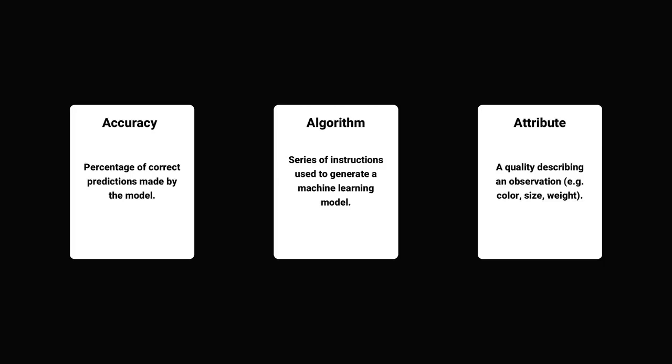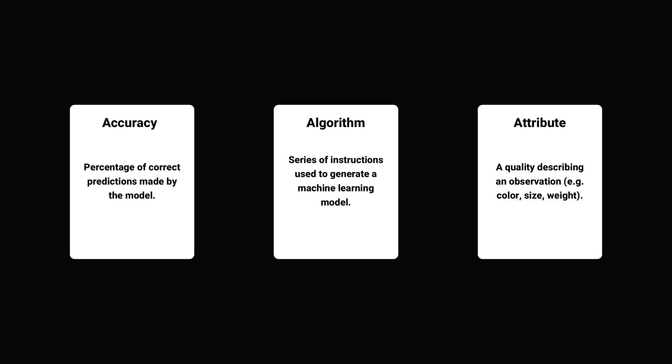Machine Learning Glossary. Accuracy. The degree to which a machine learning model's predictions match the actual values or labels of the data it's trained on, typically expressed as a percentage. Algorithm. A set of instructions or rules that a machine learning model uses to perform a specific task or solve